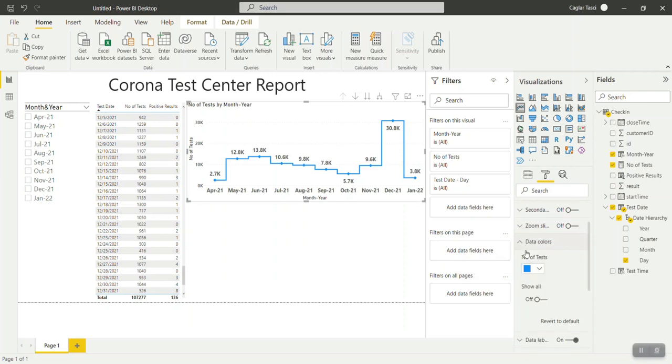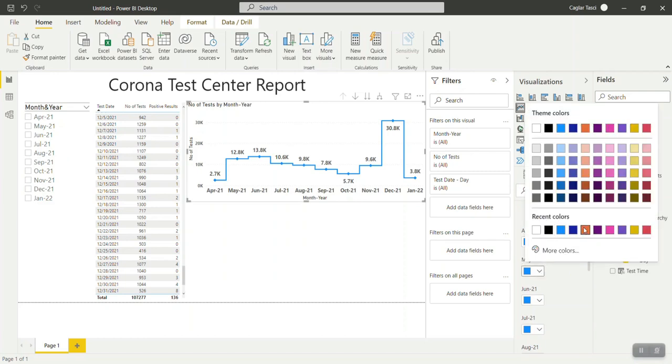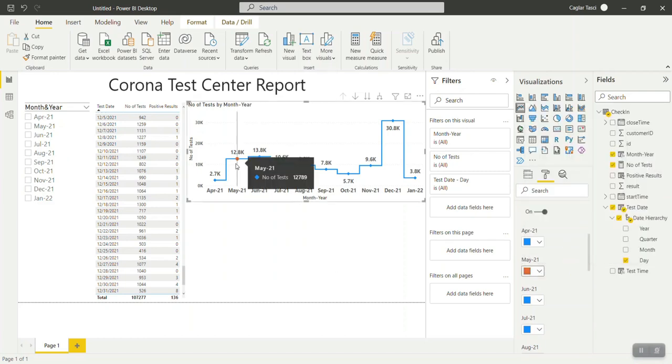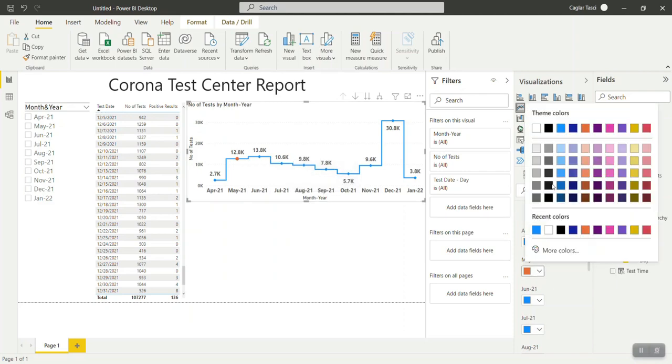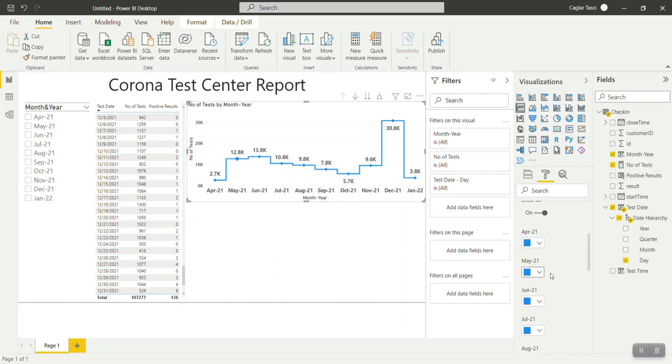So yeah, here is the title that I am interested in. If I click on this FX, it will take me to a formula based title, which I don't need. So I will just keep working on the size and the way the chart looks. Okay, so now I am happy with the chart, and I need to create another chart for